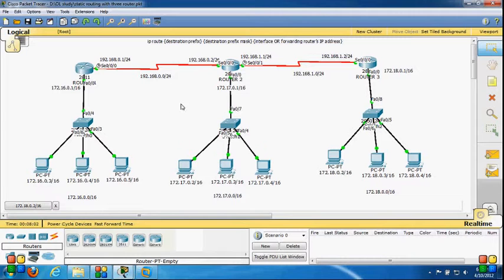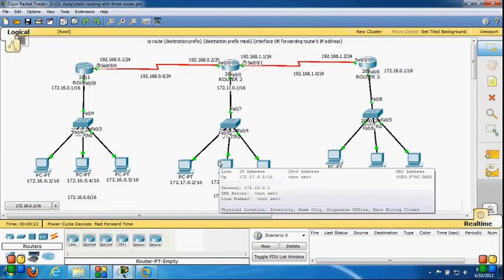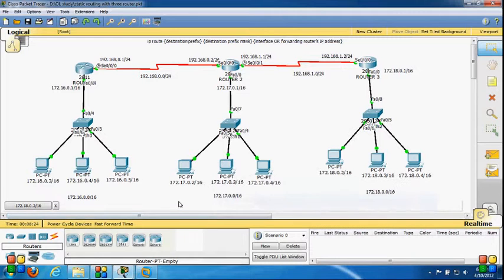Let's start with static routing. Here is the syntax for how we configure a static route. It's the ip route command, then the destination prefix. Destination prefix means, let's say I am on router 1 and I want to communicate with the network 172.17.0.0. So this is my destination prefix, and the destination prefix mask means the subnet mask, which would be 255.255.0.0. Then comes the interface or forwarding router's IP address.